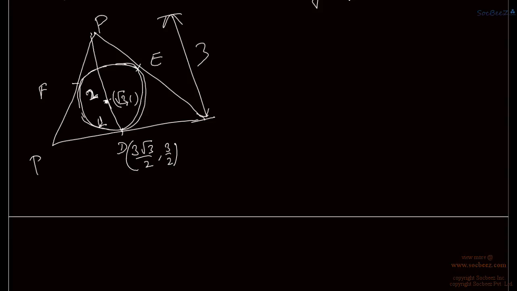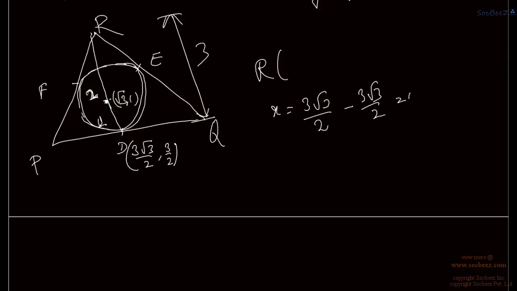Now this is PQ. We can find the point R also, right? So the coordinate of point R can be given by similar parametric form. x is equal to x1 minus 3 root 3 upon 2. Here we know that this point has come by putting a minus sign, so we will not put plus, we will directly put minus. 3 root 3 upon 2 minus 3 root 3 upon 2, which is 0. Similarly, y is 3 by 2 minus 3 times 1 by 2, which is also 0. So the coordinate of R is (0, 0), which is actually the origin, right? So we are getting R as the origin.